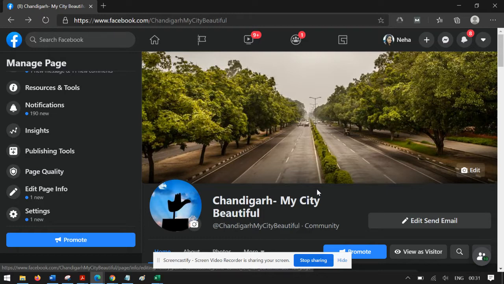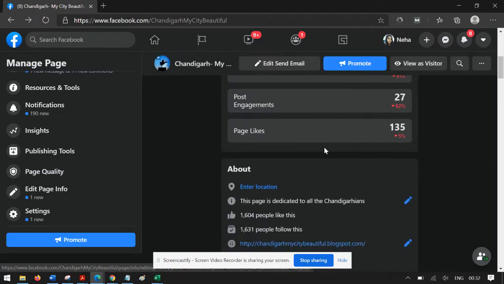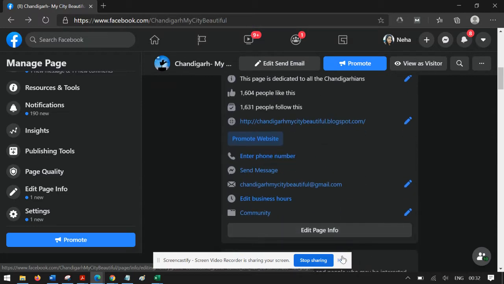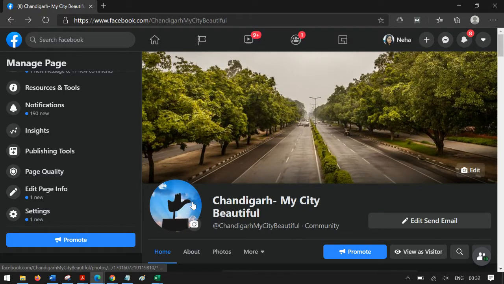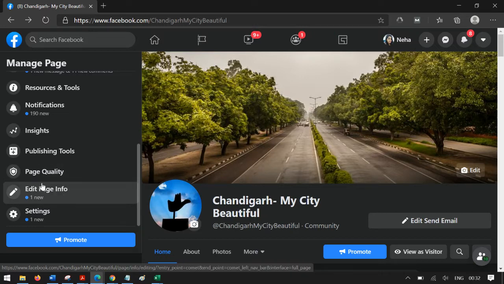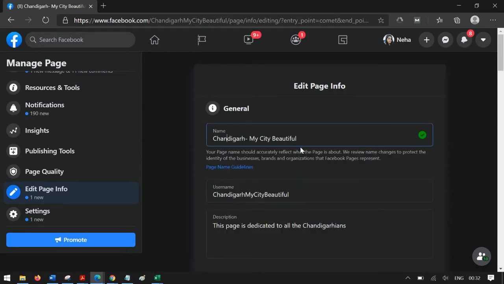So this is one of my pages which you can see, Chandigarh, my city beautiful, which is the city where I belong from. Now, this is how you will see any page whenever you are the admin or the editor or author or manager of that particular page. So this is how you are going to see it in your latest version of Facebook. And where you have to go is edit page info. If you can see just on the left hand side, edit page info, and here you can see the name